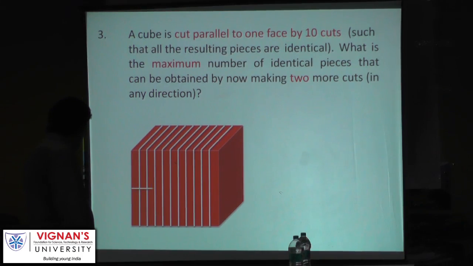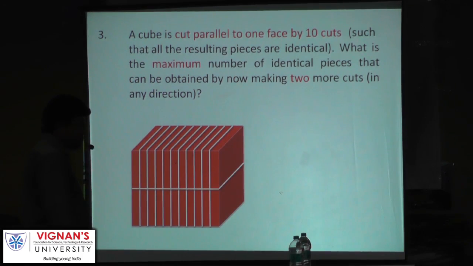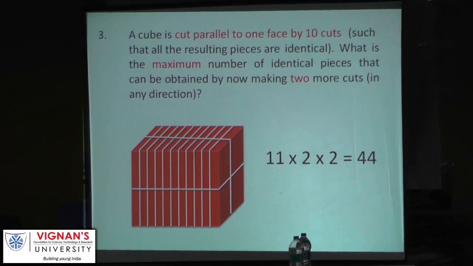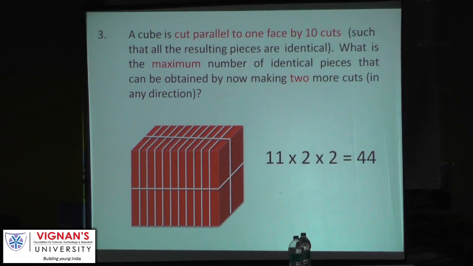Something like this. Now you have 22 pieces and you take 1 more cut here. Now you will have 44. That is maximum. If you want to have minimum, can we take 1 more cut in this dimension? The answer for this question is 44. 11 into 2 into 2, that is 44. That's very clear. But now my question is, in the same question, if you want to get minimum,